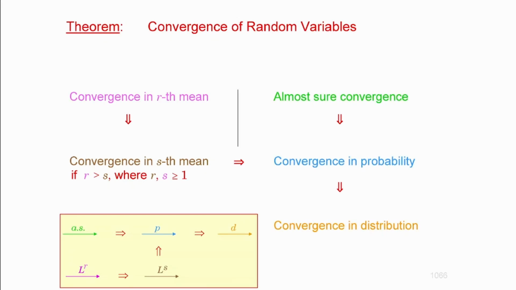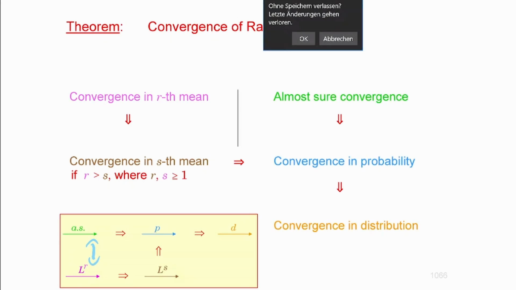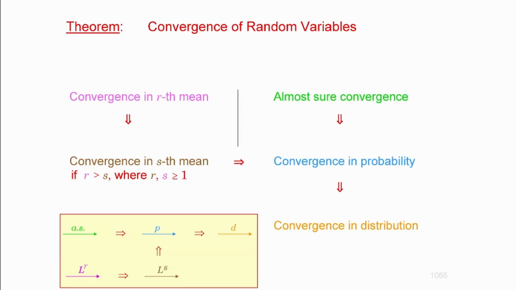So that's a chain. However, there is no direct link between those two. Although almost sure convergence is one of the strongest ones, there is no direct implication between that and convergence in mean. Okay, so that's basically the chain of the implications. Is it clear? Now I'm going to prove some of these, those three, and we're going to see why. It's not difficult actually to prove those. But I'm going to discuss further properties.